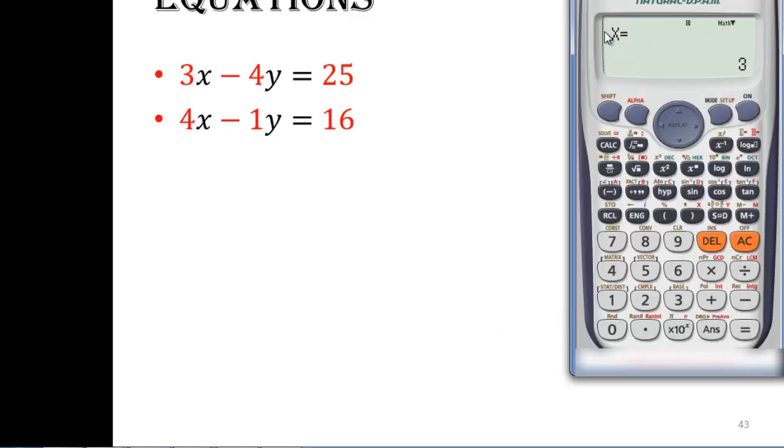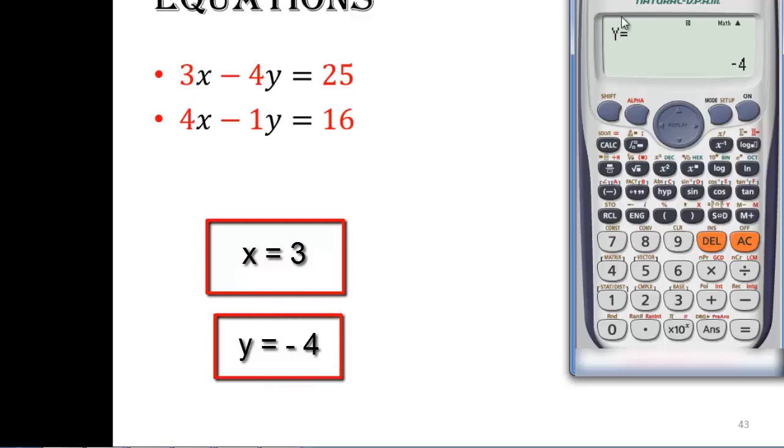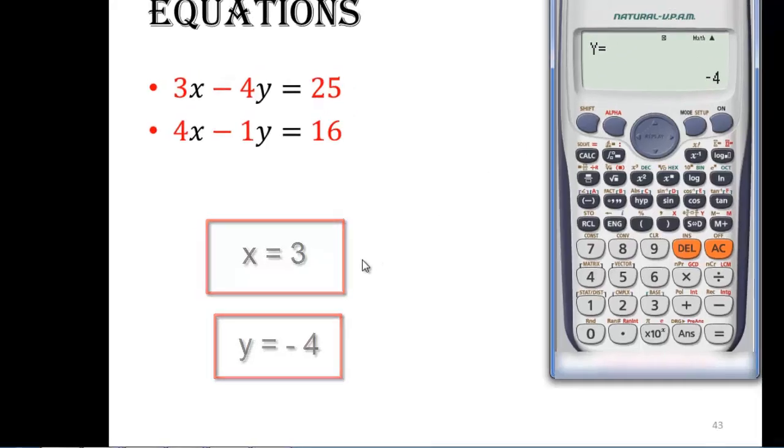This will give us the value of x, which is 3. Press enter again and it will give us the value of y, which is -4. So we have the solution: x is equal to 3,